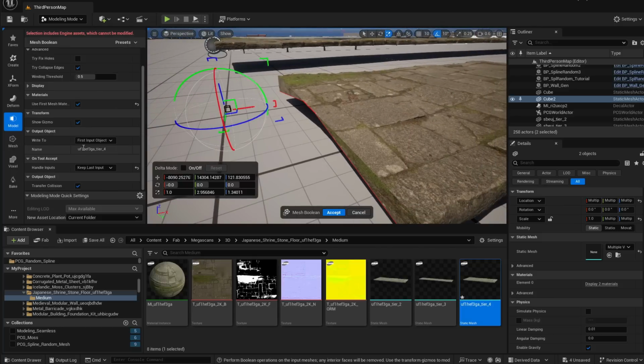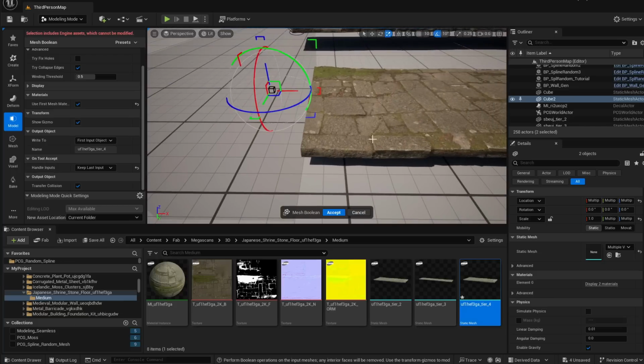And some other important options here, where to write the changes to. You can create a new object, which is the default, and you can save to the first input, which is currently this path object, which I selected first. So this is why I'm using the first input